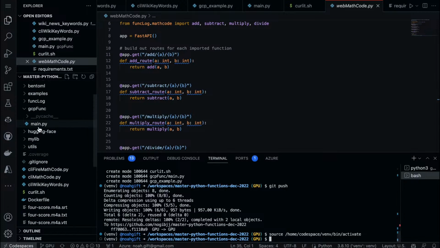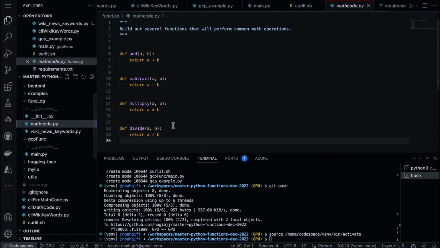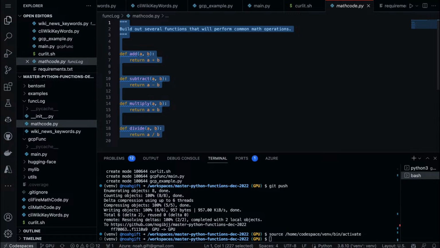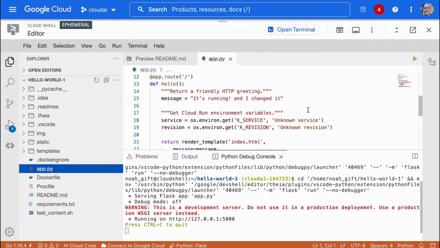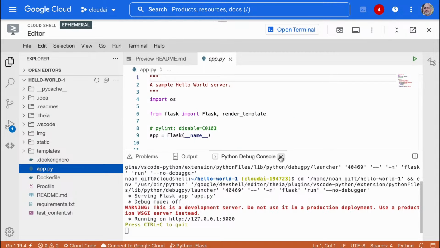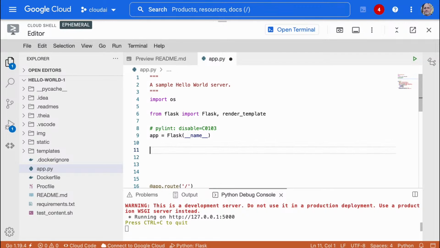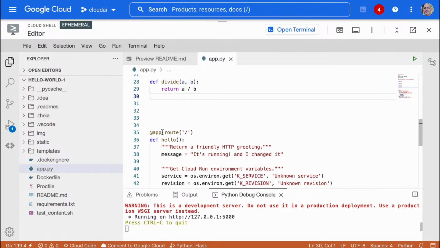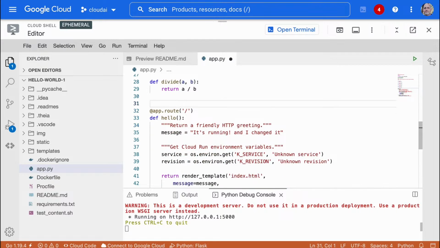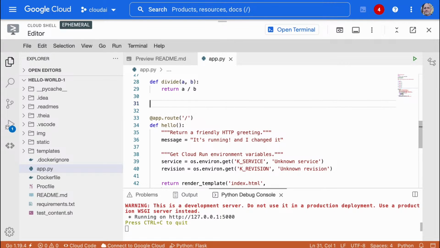Let's go to function log. So let's just grab all this. Let's put this in here. So we can do this. And we could just make a quick little add function here. And we could just say, you know, app.routes.